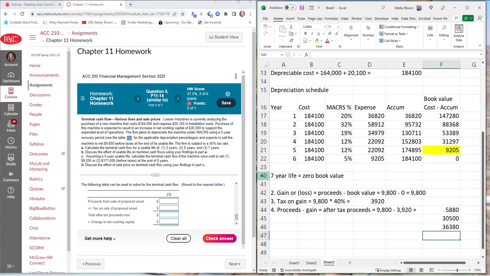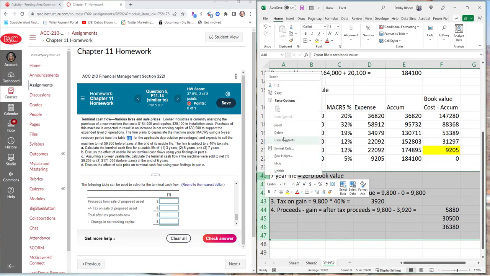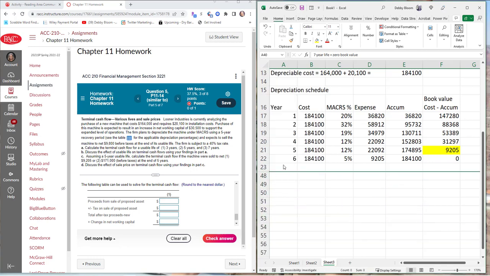So all we have to do is resolve the problem in Part C. And in Part C, we're supposed to assume a 5-year usable life. So notice our book value at the end of the 5-year usable life, $9,205. So in Part 1, if we sell it for $9,205,